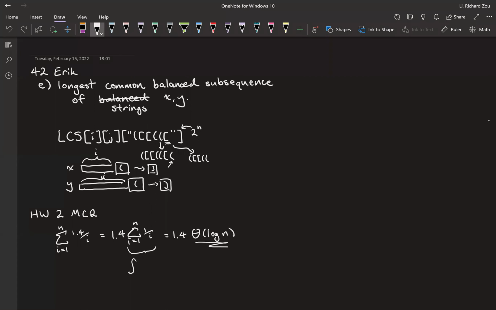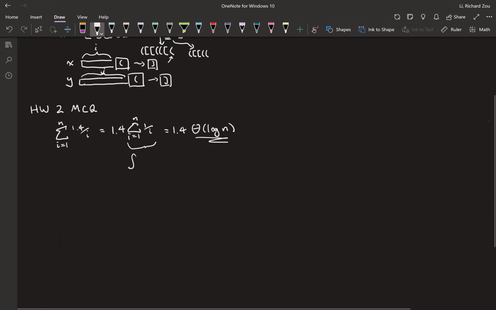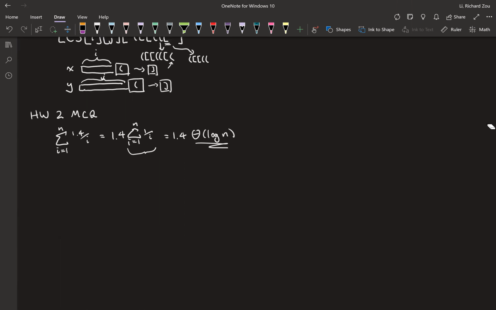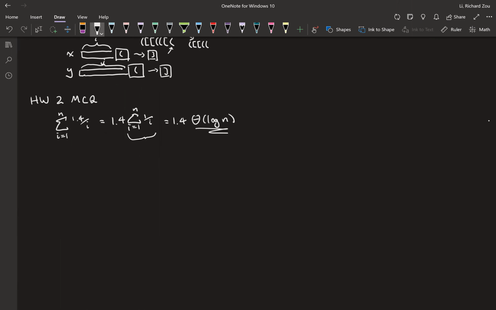How do you get big theta of log n here? Can you show me how you get it? Okay, so there's an interesting way of doing it with an integral here. You don't need to know exactly how this works for the midterm, but just know that this is big theta of log n. But I'll show you a quick overview here, because if we show this graphically,